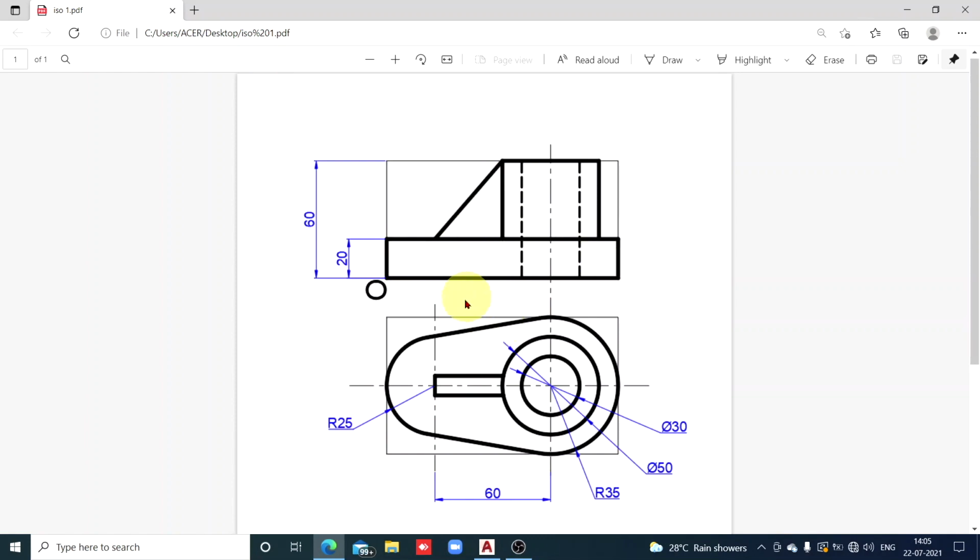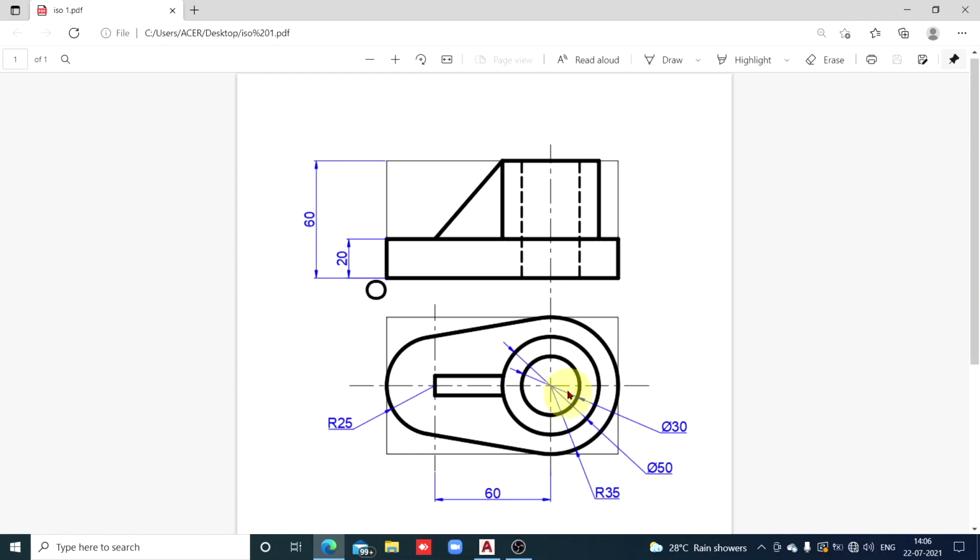So base plate, triangular plate, and in the top view there are two concentric circles. So two concentric circles hint to us that it may be a hollow cylinder. Of course, you will have to relate the two views to be sure that it is a hollow cylinder. And you know that a cylinder, if it appears as a circle in the top view, then in the other two views, that is front view and side view, it is a rectangle. So if you draw end projectors from this outer circle, clearly you get a rectangle here. That means it is a cylinder of height 40 millimeters.